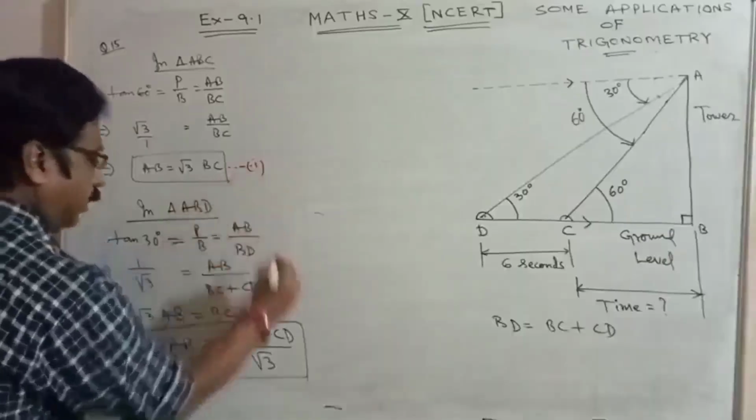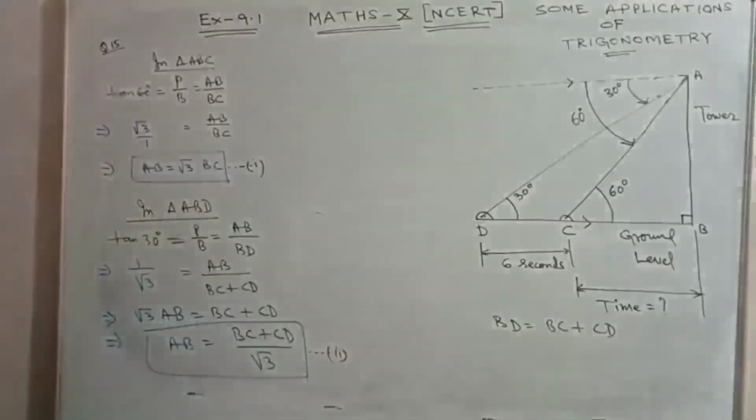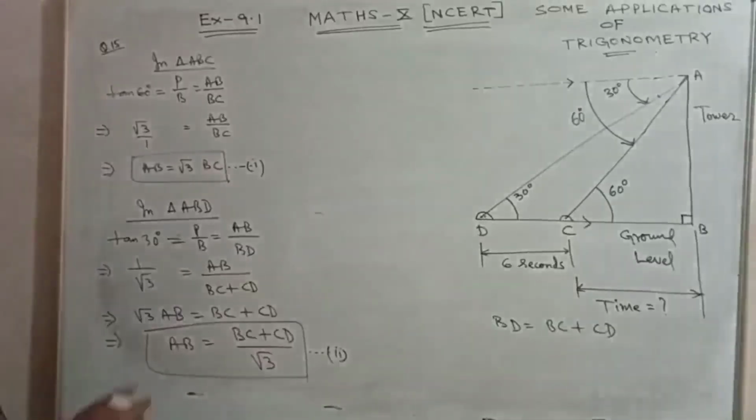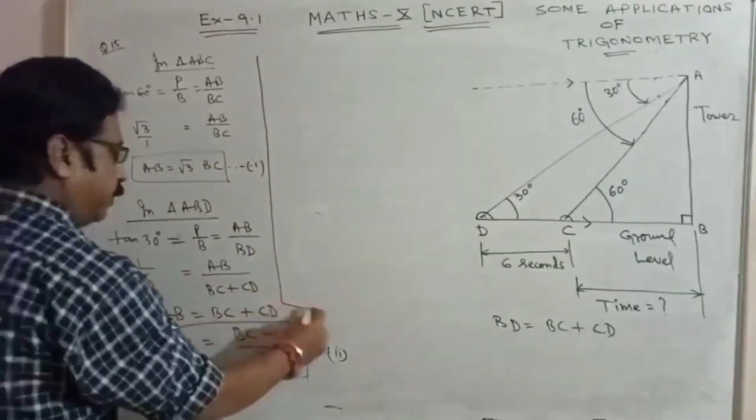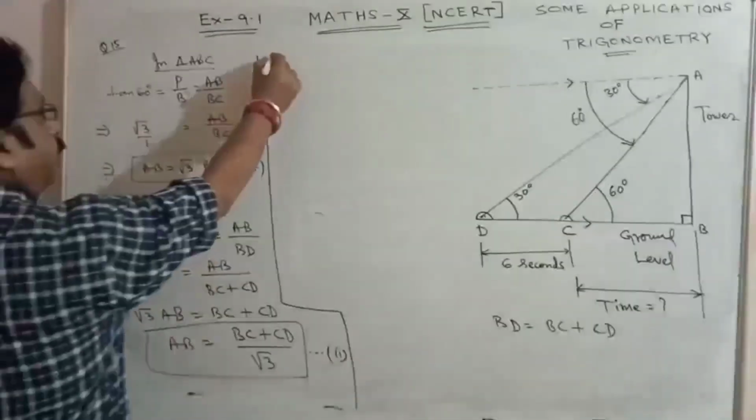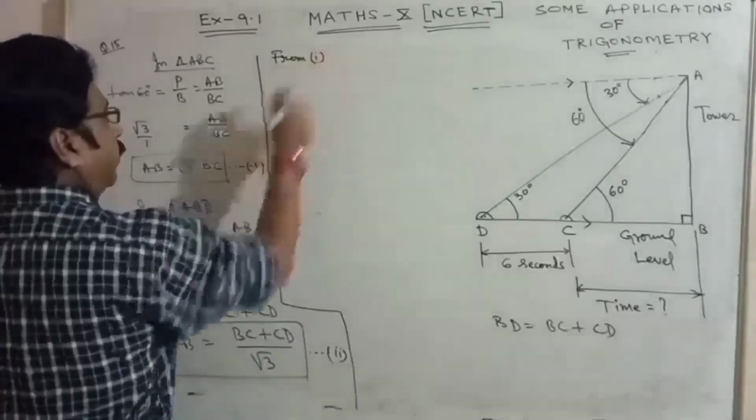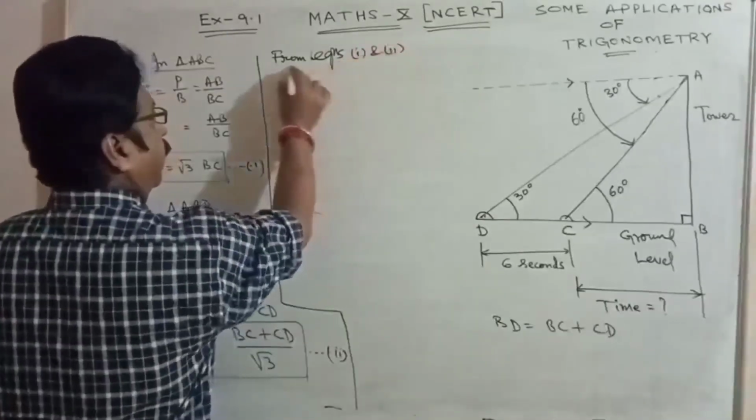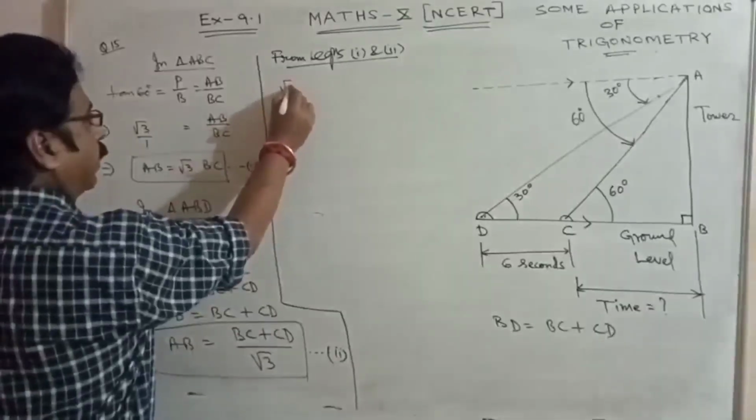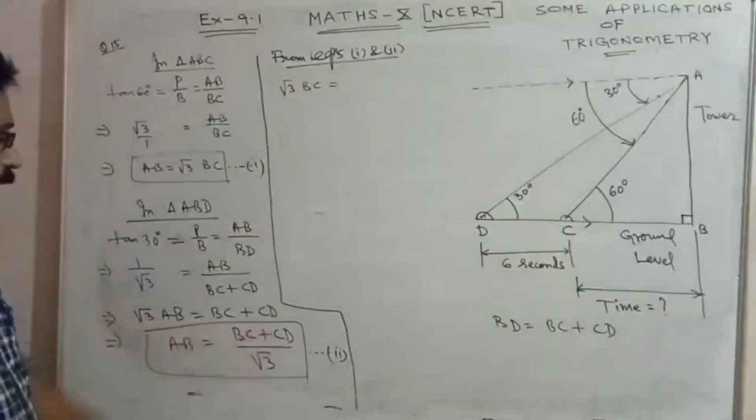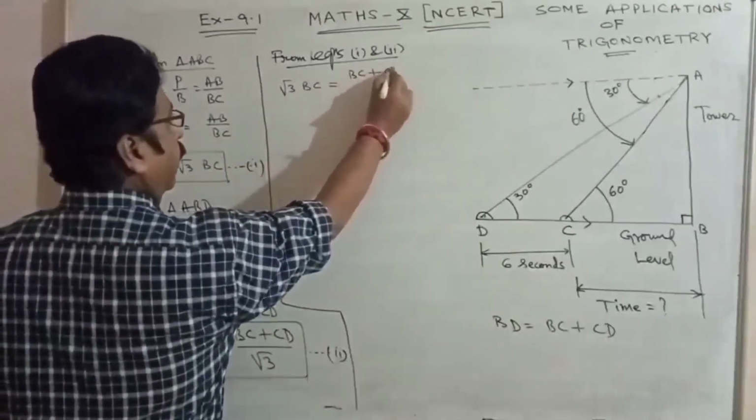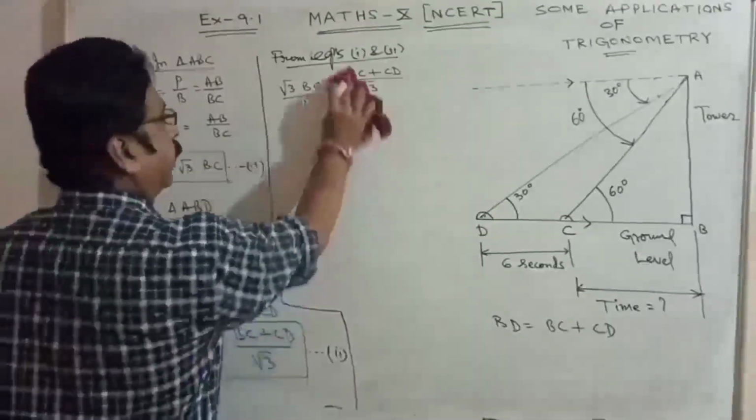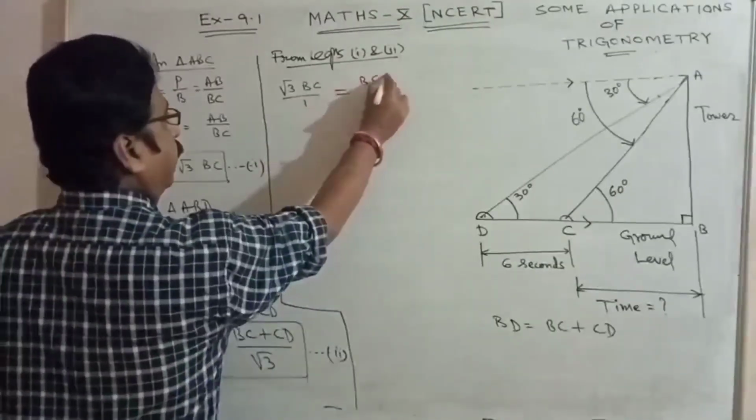Suppose this is equation 1 and this is equation 2. For equation 1 AB we got something, equation 2 also AB we got something. That means this right side and this right side will be same. From equations 1 and 2, we can write root 3 BC equals to BC plus CD upon root 3. Suppose this is upon 1, equals to BC plus CD